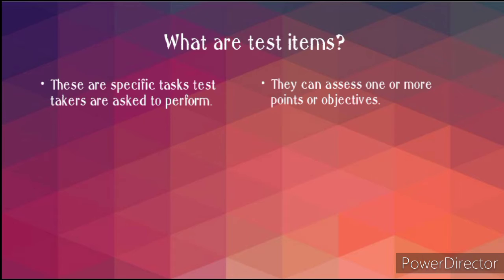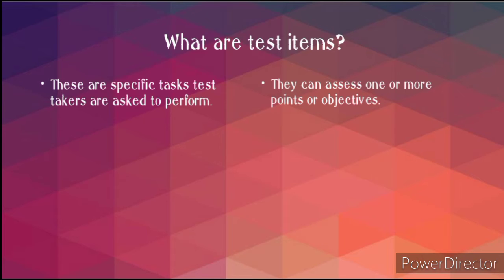For example, a test item may be equivalent to 1 point. It's usually common for items in multiple choice questionnaires. An item may also be equivalent to 2 points or more. This applies to modified true or false items, essays, and other types of questionnaires. Now, test items are based on the lesson objectives. For example, if the objective is to make students understand grammar, the teacher will construct an item based on this.